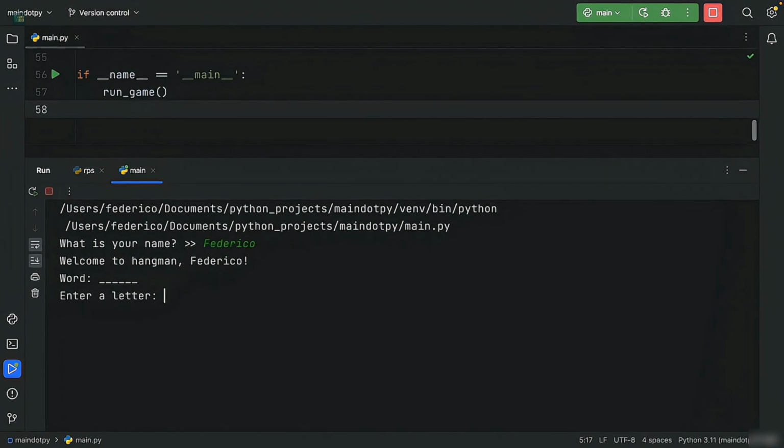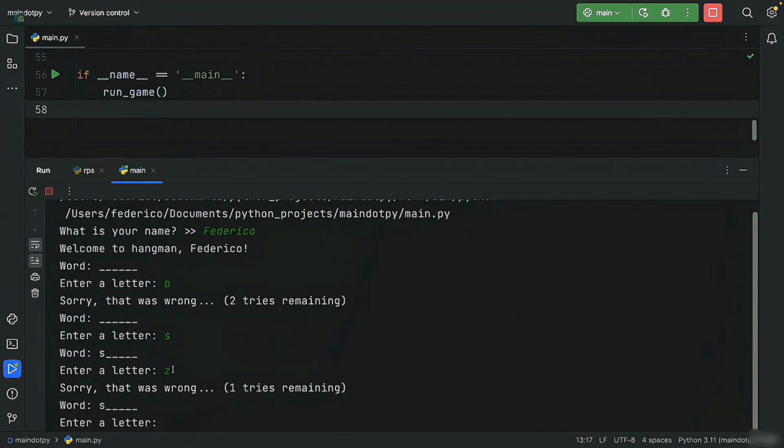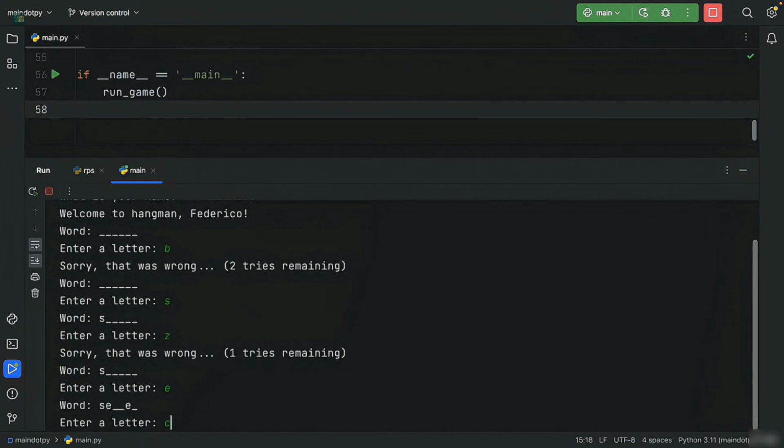Now we have a word to guess, and we can guess by entering a letter. I'm going to put B, and since that was wrong, it's going to say we have 2 tries remaining. Then I'm going to try S, and it's going to place it there if there is an S, of course. If there's no S, it's going to say we have another wrong guess. So we can say, for example, Z, it's going to say, sorry, that was wrong, 1 try remaining. Now, if we tap in something such as E and we put C,